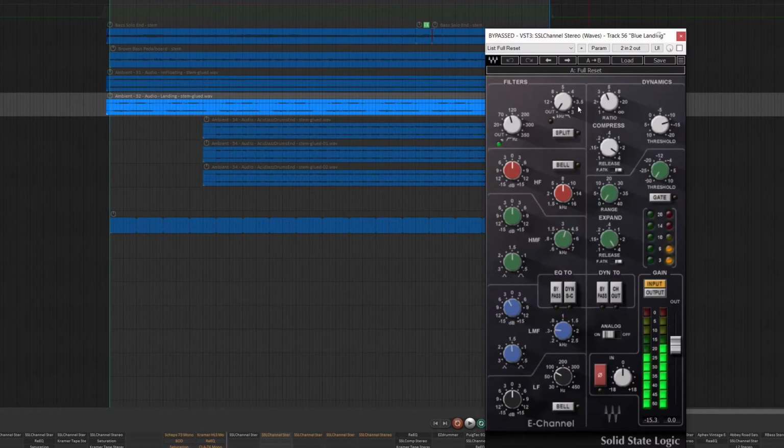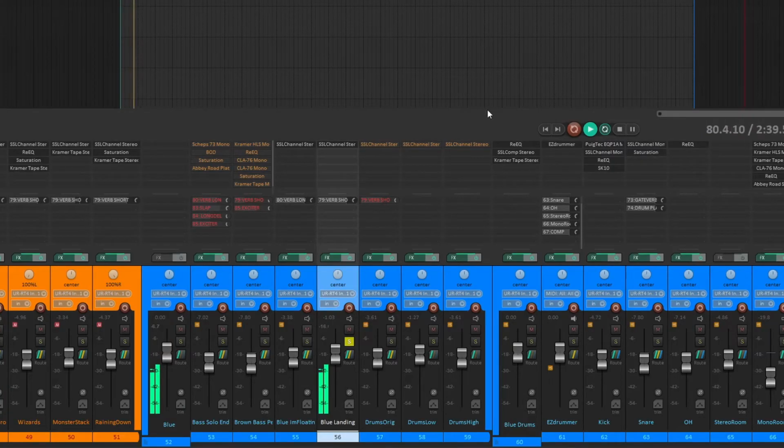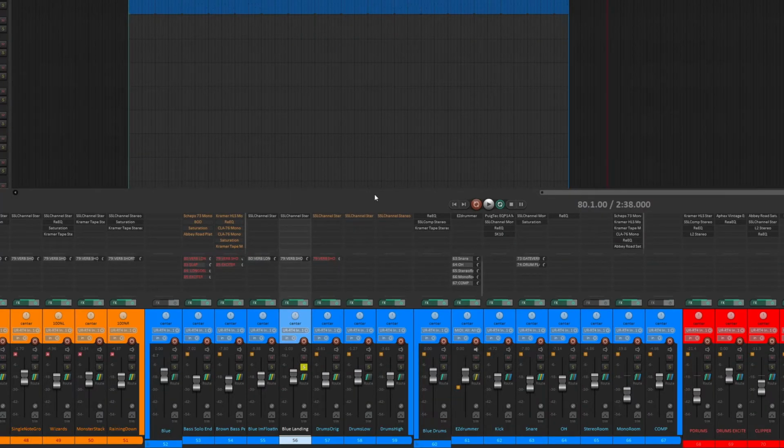On this, I wanted to bring out a little bit, and I basically just put a compressor on this and pulled out some mids. And I added it to my standard room reverb. So here it is after that. And it's meant to be moody. It's not meant to be a feature part of the song. It's meant to be behind, just adding something in.